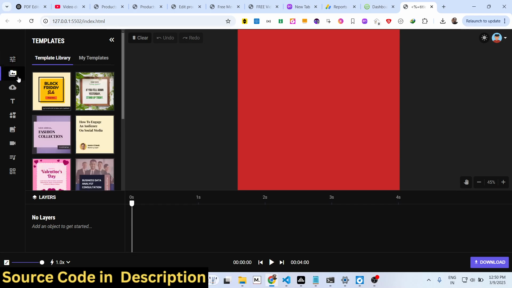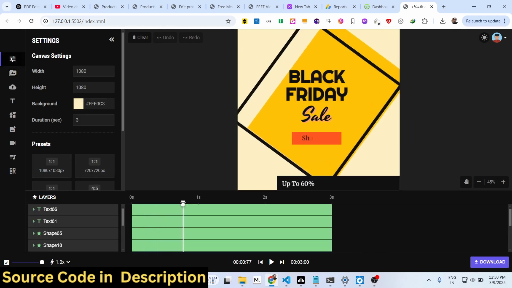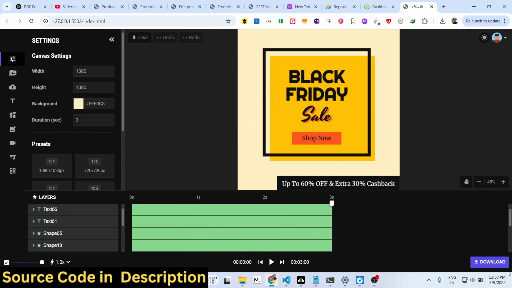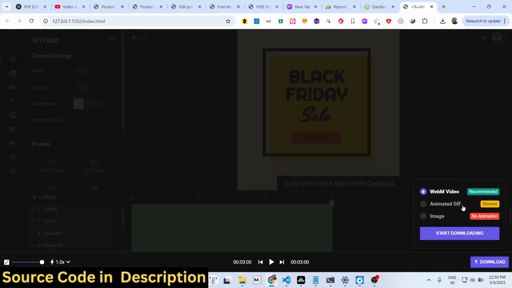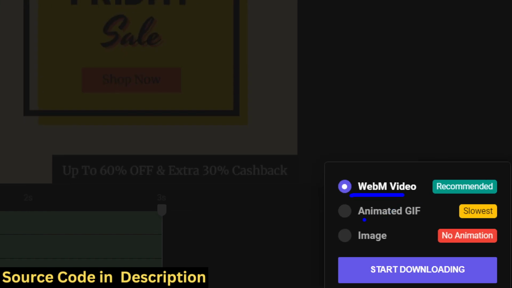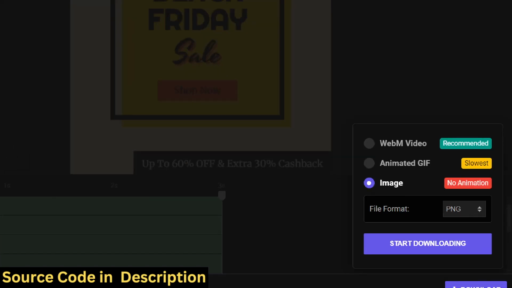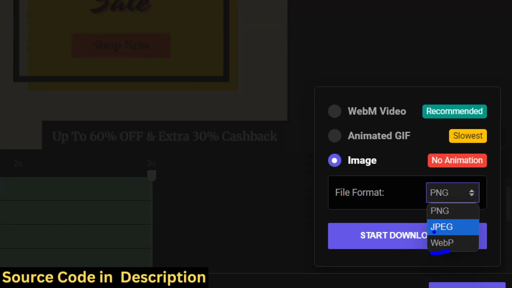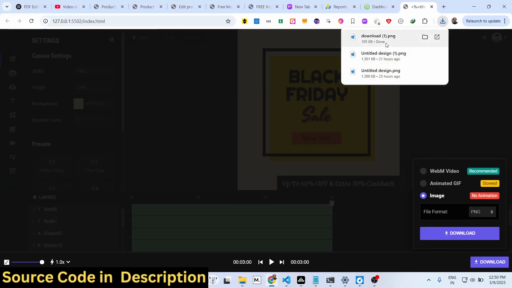So once you can rank on Google, you will see all these templates will be there, and you can play this. Once you are interested, you will see this download button right here, and you can download this as a WebM video, animated GIF file, or an image. So let me just download this as an image. So we have a different option. We can download this as a WebP, JPG, PNG. So let me download this as a